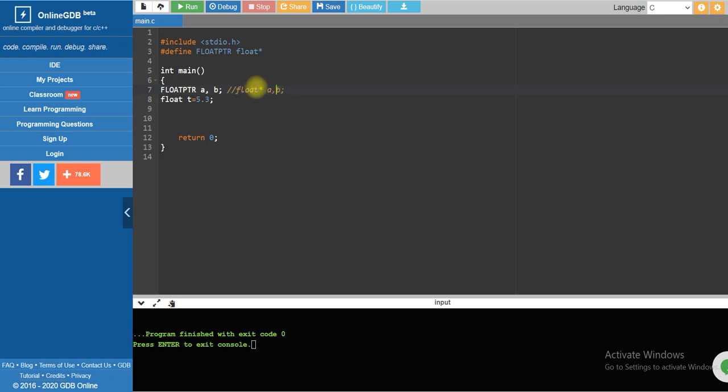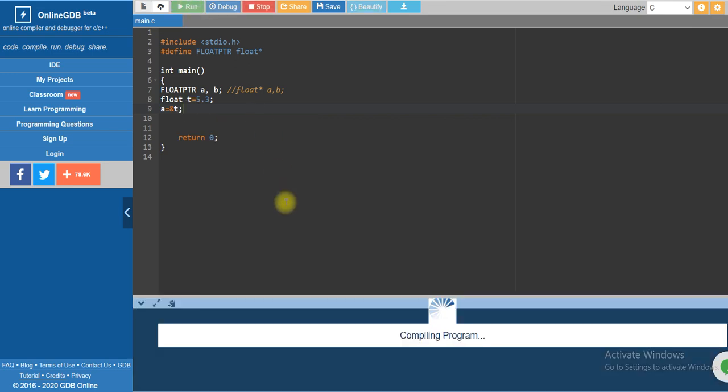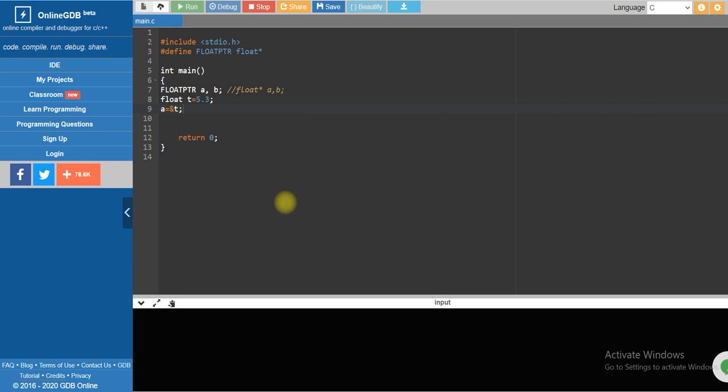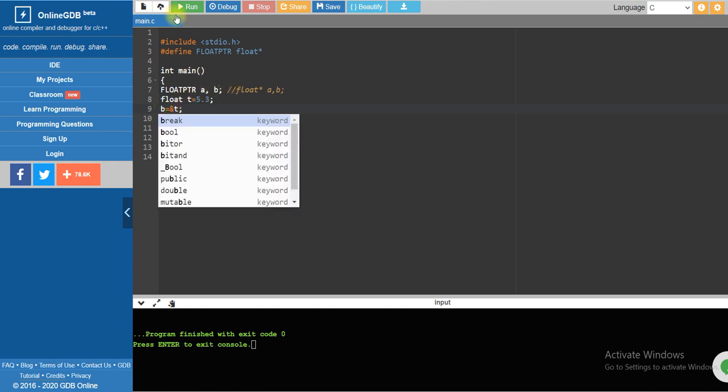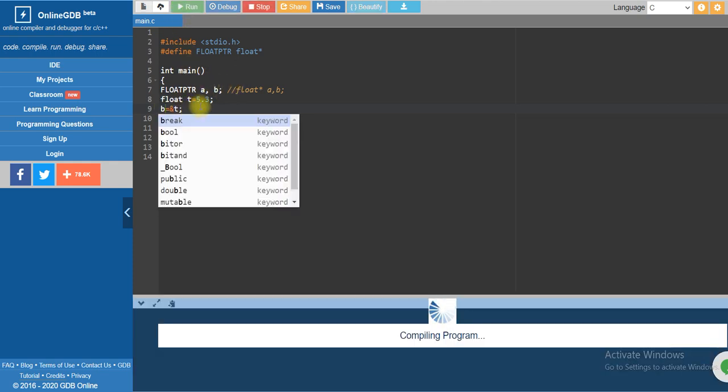So a float pointer can point to a float value, right? So I am going to assign address of t to a. It will work, guys, because this is a float pointer. You can see here there is no error. But now I am going to write b equal to address of t.